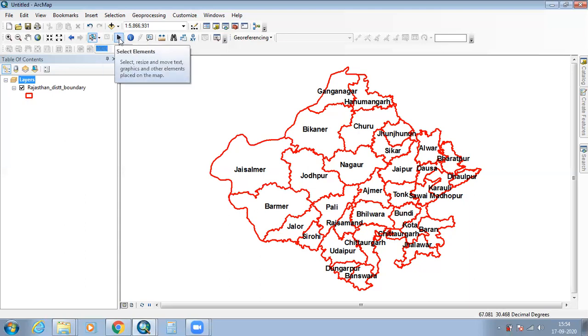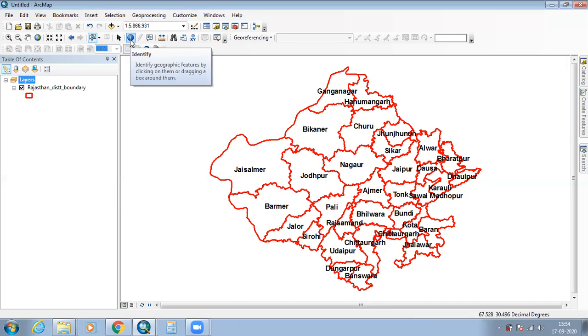And next, for example, if we select this, then here is the clear selected features. If we clear it, then it will clear the selection. Next one is select element. This is used to select and resize text elements on the map.